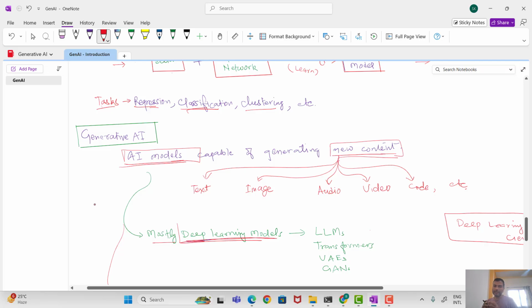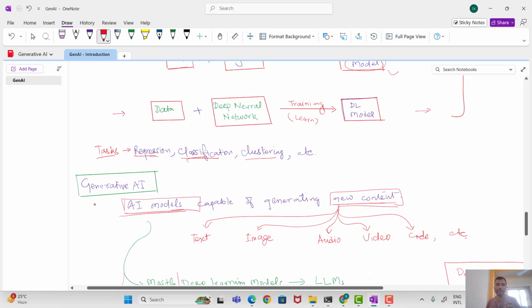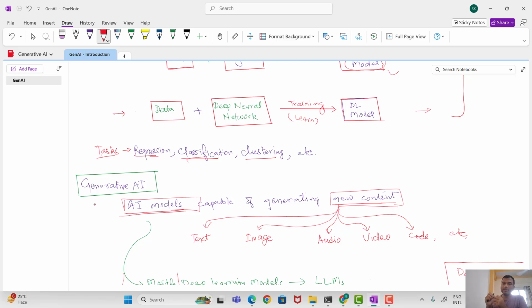You all know that nowadays you are using ChatGPT. ChatGPT is basically an application of generative AI. This Gen AI, or generative AI, can generate text, image, video, audio, code, and other things. Earlier, machine learning and deep learning techniques were able to perform some tasks, like classifying different things. They could classify whether a human is diabetic or not. These ML and DL models were able to predict something, and they were able to make clusters.